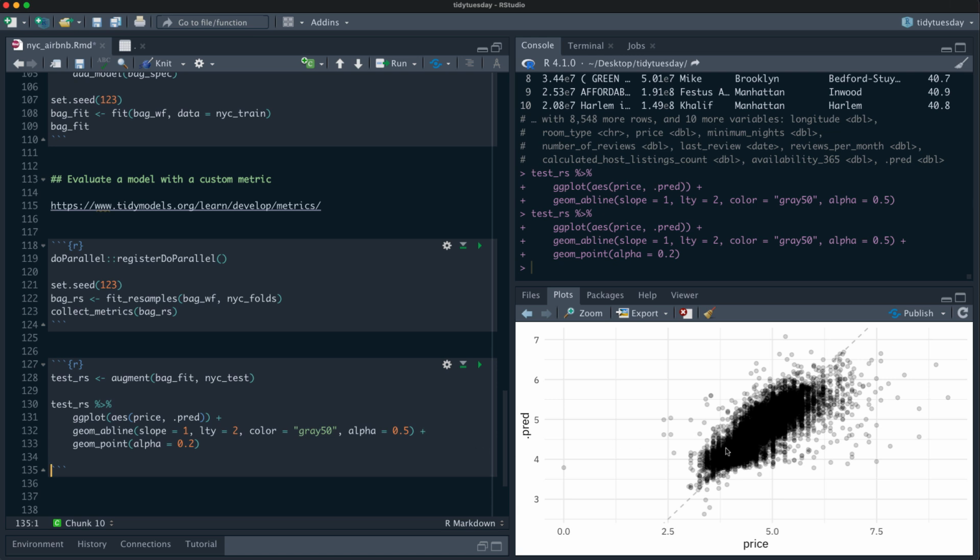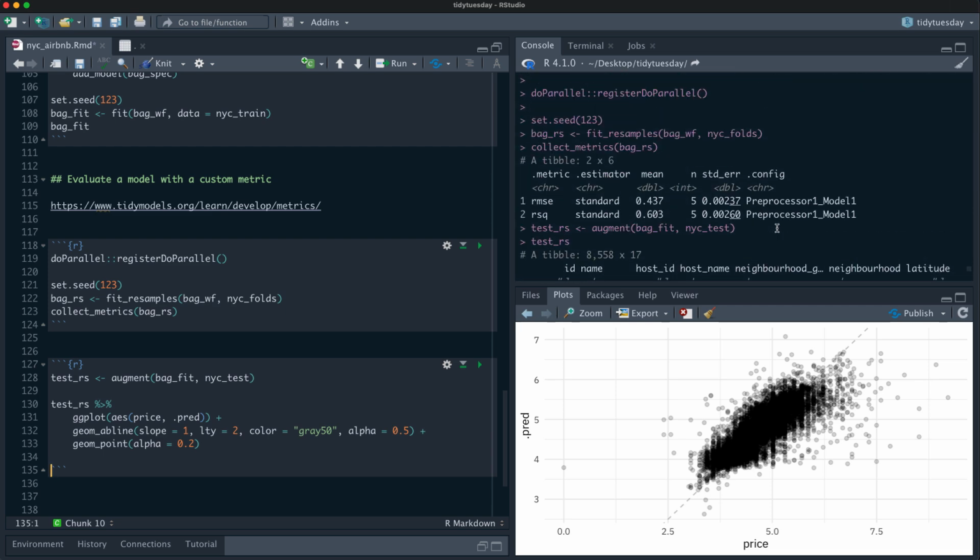So they're close to the line, and that's how well my model is doing, just this first model. It's an R squared of 0.603, so that's how well I'm doing based on these predictors that I have. But notice these are still on the log scale, the log of price. So I can take,